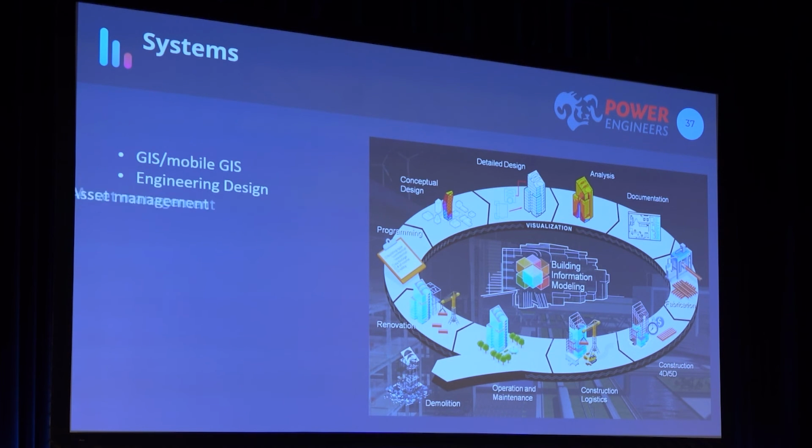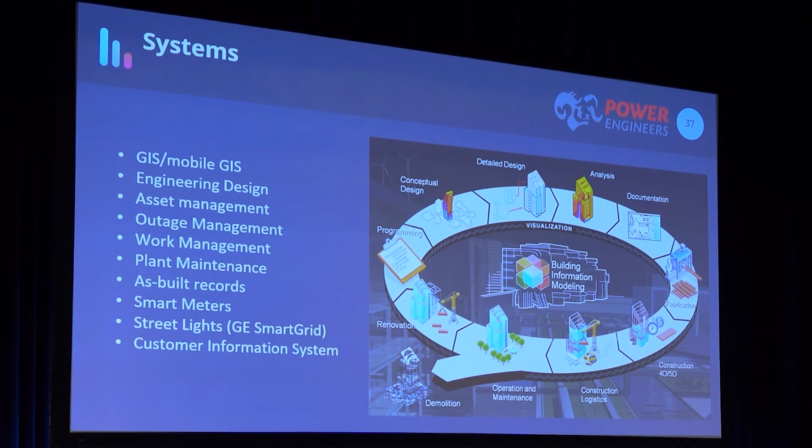We've seen this, the different systems involved. I'm gonna move through this quickly. These are lots of different systems that are involved in this building information model. Smart streetlights, smart meters, as-built records, outage management systems. Utilities do a lot of system modeling for electric systems and analysis and those types of things. So all these different systems or components we're trying to integrate and bring data from other sources so that we're all using the same information and not recreating it or duplicating it or have to go gather that information a second time.